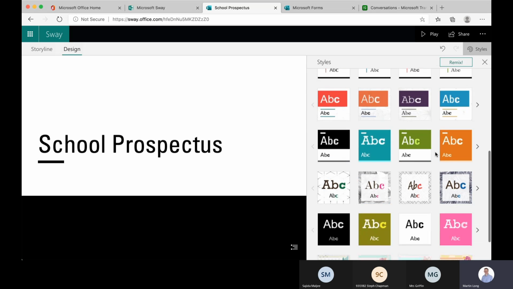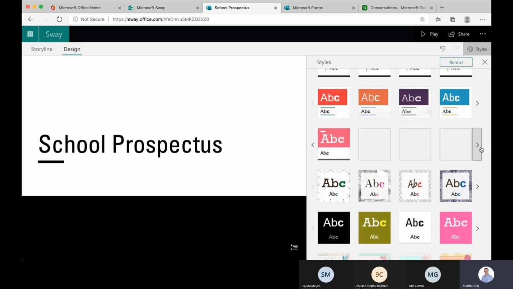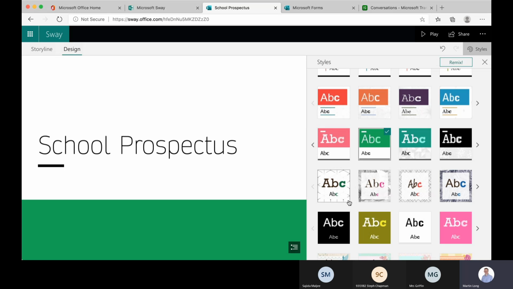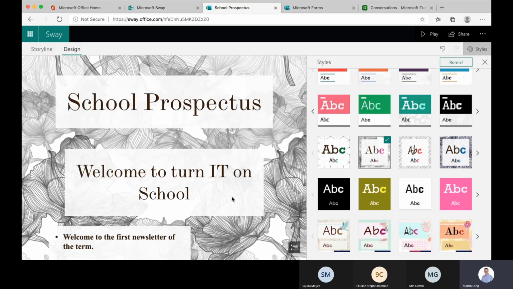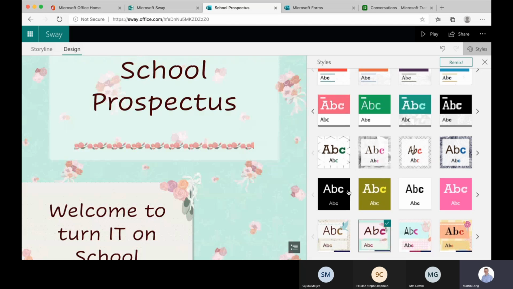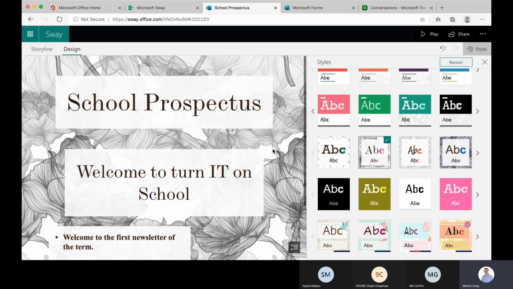I can choose to apply different themes quite quickly. So with things like PowerPoint, you might go in and you format the font, you format the backgrounds, the transitions, animations. And yes, it gives you a lot of scope to go down to quite a granular level, but you have to spend a long time doing it. What Sway does beautifully and quickly is that you can change things and you can mix them up a bit. So in here, it might be that I want green instead of black. And I'd quite like this fun way of looking at things instead of that very static way of looking at things. And I can quickly play around and it will remix things for me, literally on the fly. And then I can instantly have that set